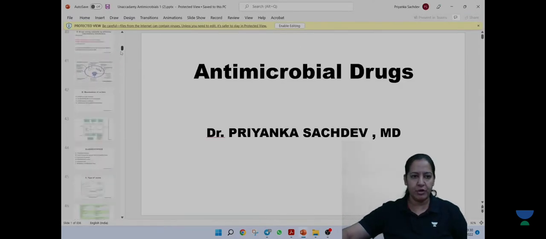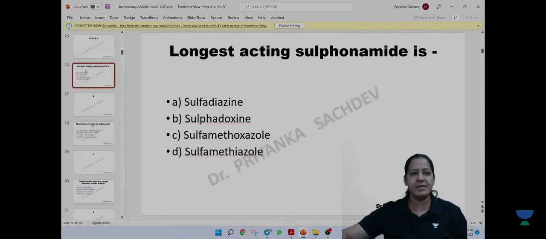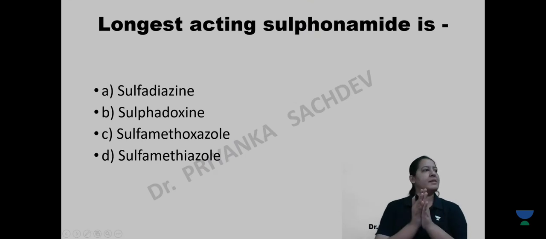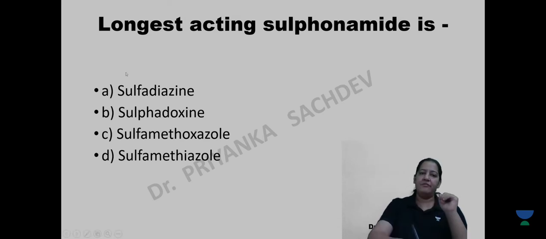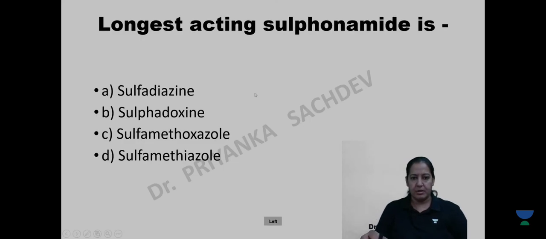Okay, so let me show you the questions of the first two chapters. I guess you have done the first two chapters. Now let's do the questions of the first two chapters. Can you see this? I guess everyone can see this. It is on the screen. We have completed the first two chapters, sulfonamide and trimethoprim. Both are completed. So this is the first question in front of you. Can you tell me the answer?